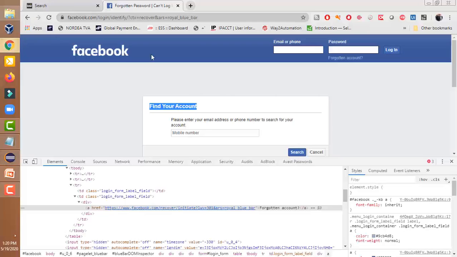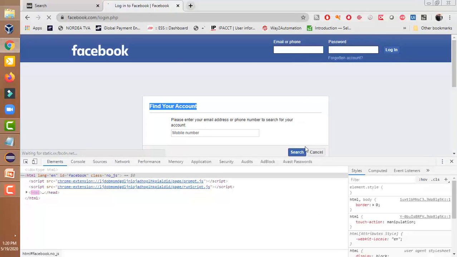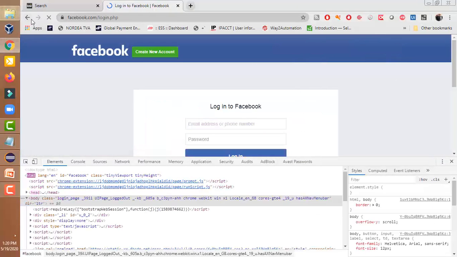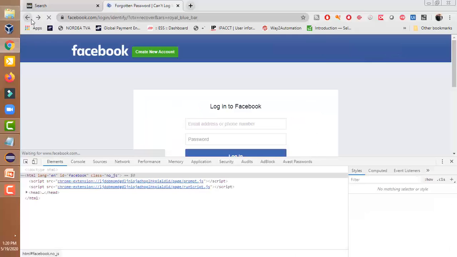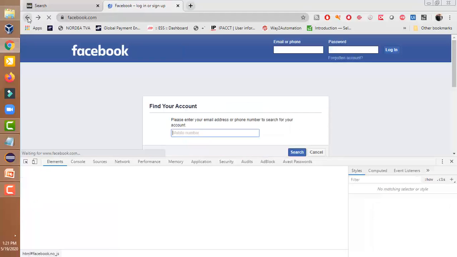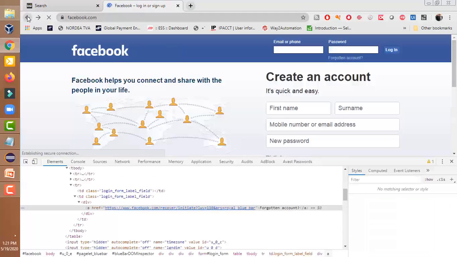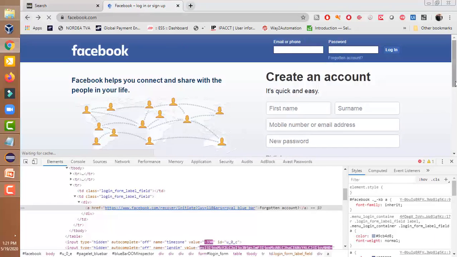Let me show you on the page. If you inspect the element, you can see that only forgotten account is written.